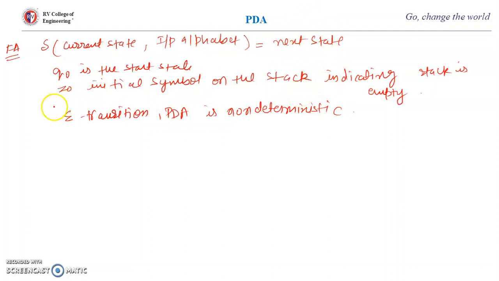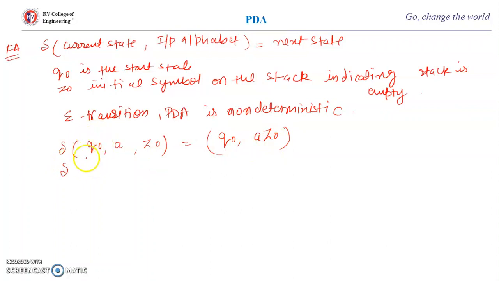Now how will the transition look for a PDA? Here we write the current state of the machine, this first parameter is the current state, the second parameter is the input alphabet, and then this is the stack top. Initially Z0 will be there in the stack because this is the initial symbol on the stack, and then here we get the next state of the machine, and this is the stack content. Okay, so here